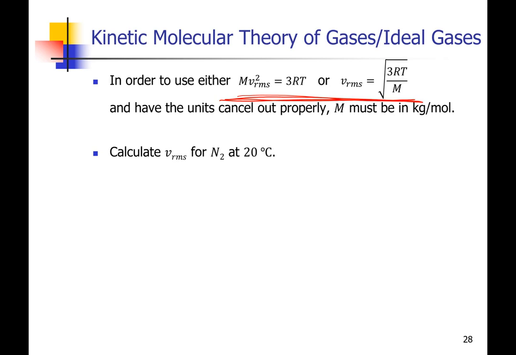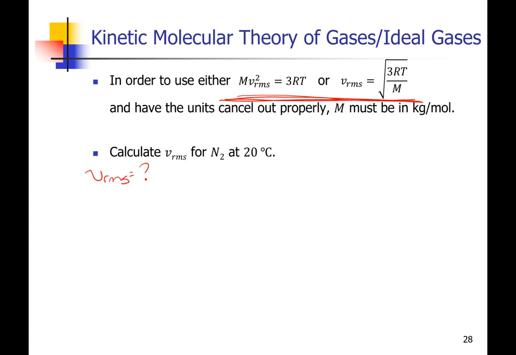And I pointed out at the end of the last video that in order for your units to work out, you're going to have your molar mass in kilograms per mole. Now, if you're writing out your units like you're supposed to, then you would catch that every single time you worked through anyway. So the best way to start any calculation is going to be by organizing what it is that you know. So in this case, we know that we are being asked to calculate the root mean squared